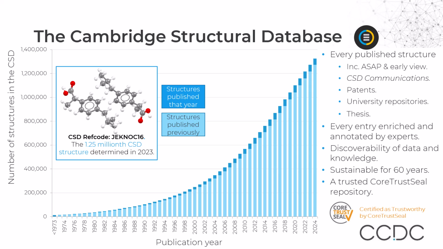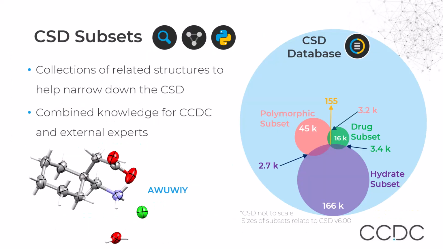With over 1 million structures in the database, it is important that we provide means for users to interact with and search the CSD. The most fundamental way we do this is by adding additional data such as compound name and 2D diagrams, both of which can be queried in software such as Conquest or online via the WebCSD platform. A further way we aim to help you find what you're looking for in the CSD is by creating subsets of data. These are collections of entries that are related in some way, either by a chemical or physical property, or by the data which is available.